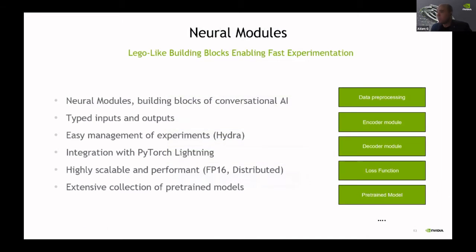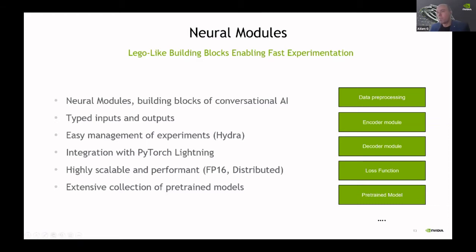Okay, NeMo is called NeMo, not because it's a reference to a well-known Pixar movie, but because it is composed out of neural modules, hence NeMo. You can think of neural modules as almost like Lego building blocks out of which you build your larger application. Those building blocks are things such as loss functions, decoder architectures, encoder architectures, entire data pre-processing pipelines that you can combine together in order to build individual neural networks, but also then to create end-to-end pipelines